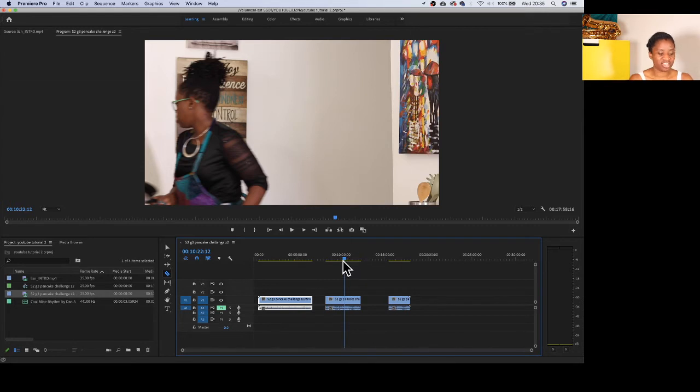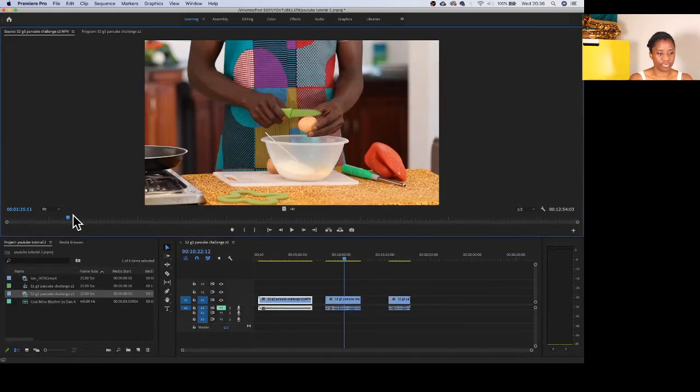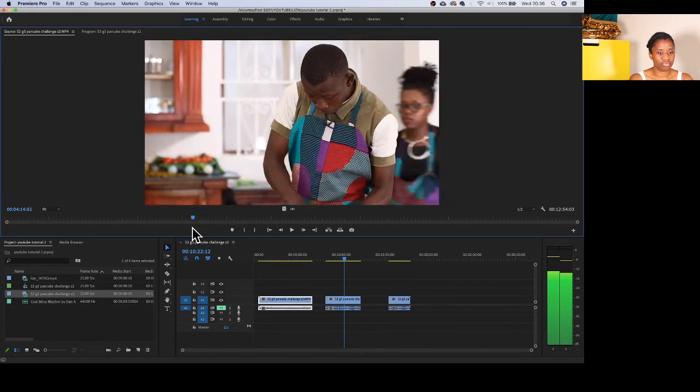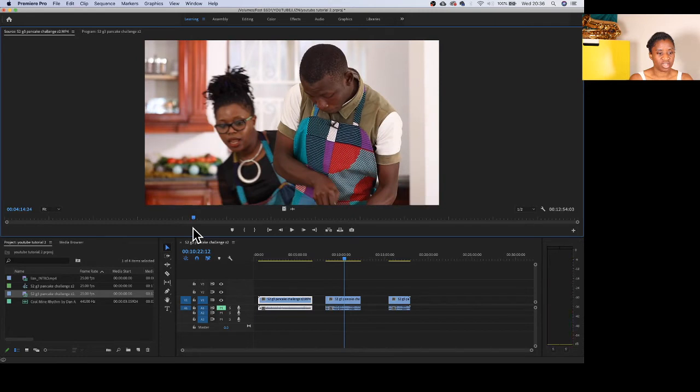But then again, as I showed you in the previous tutorial, if you want to do it before you even bring it into the project, you can also go up here to your file, just double click. You've got your file there, and you can create in and out points. So let's say I want it to start from when they come across to each other, I can press I and create the in point there,